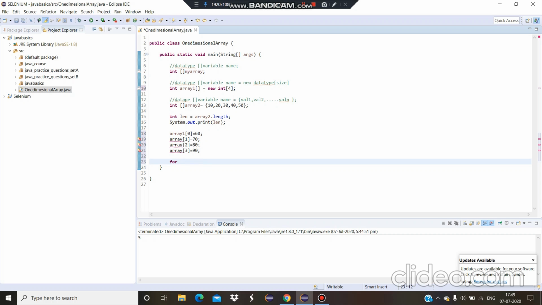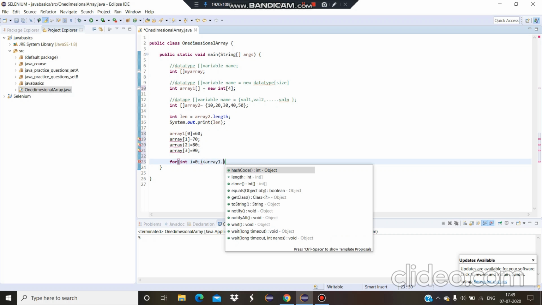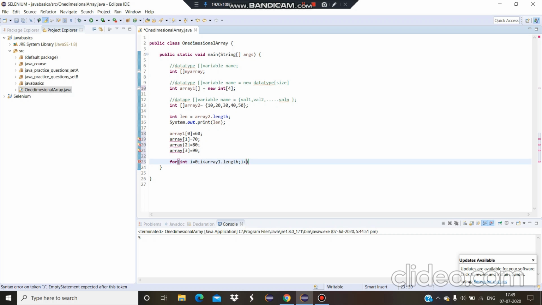So for int i equals 0, initialization, then the condition. So the condition would be array1.length. Next is i++, increment. So I have to print each and every element.